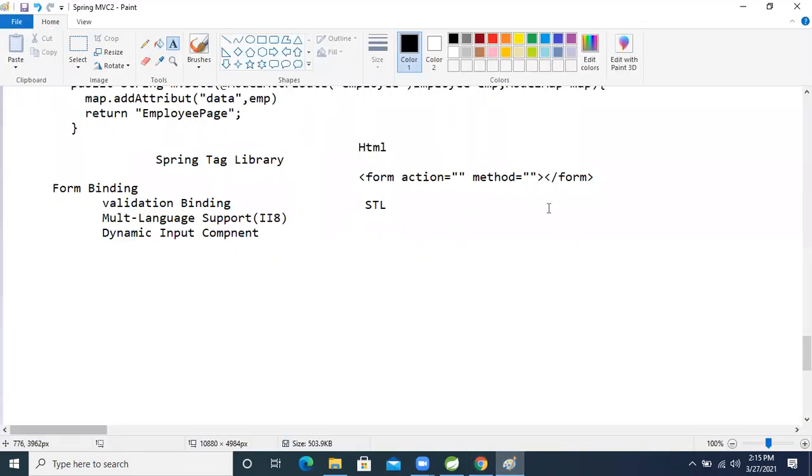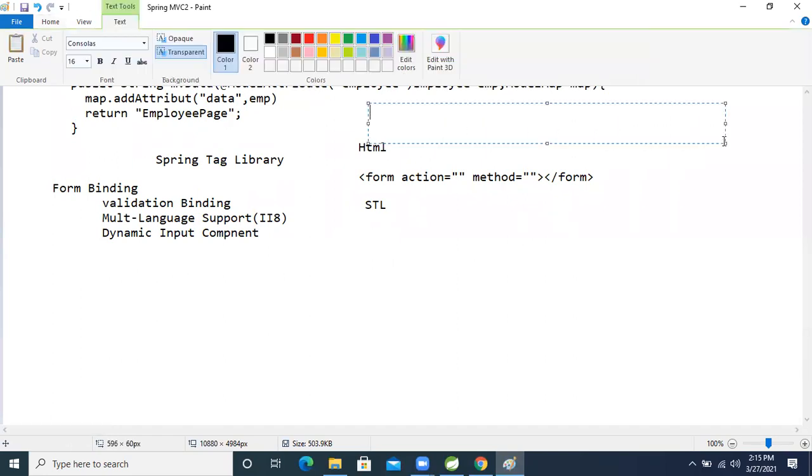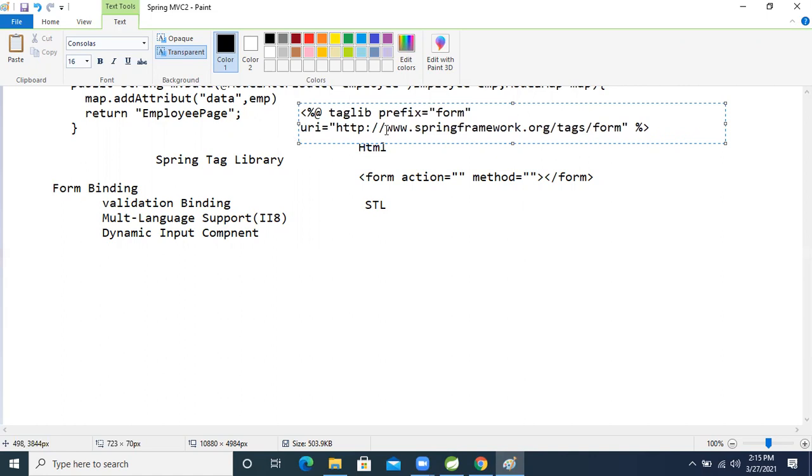So how are we doing that now? We will paste and add this tag, then we can get the Spring tag library. What is the Spring tag library? It is URL tags, tags to work on Spring. Don't worry, it still looks like theory, but when I implement it, I will use these things only on the JSP page. Then I will tell you why I explain these things. So let's move on and see that, okay?